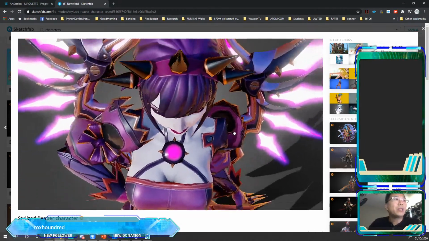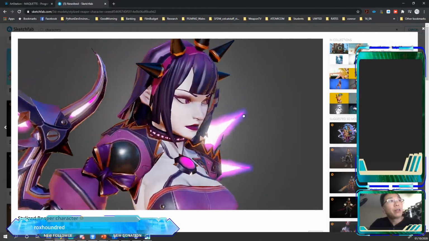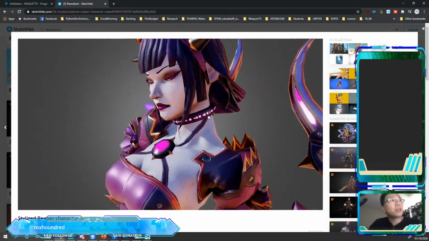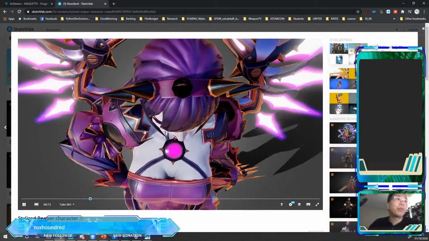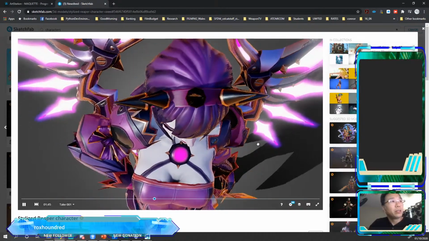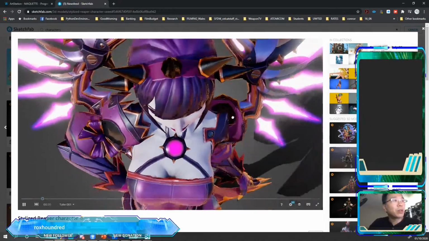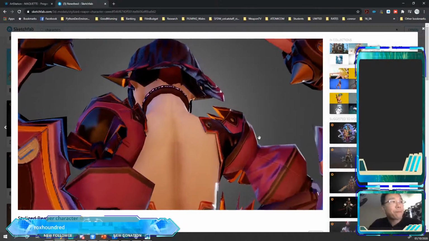The one massive issue with this character that stands out to me straight away, rotating around, is how flat the front of the face is. It's very flat, right? Although they've managed to describe some good curvature around the lower jaw, so that's all right. And then